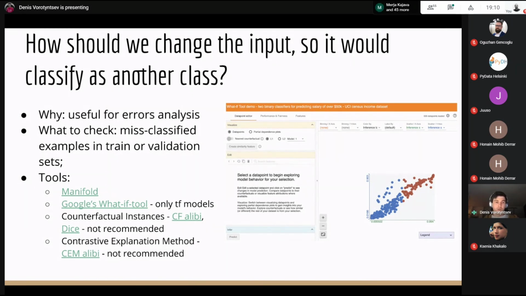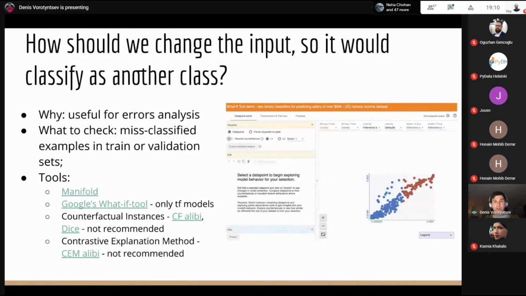Also, you may use variants of counterfactual instances. And this is actually a smart idea. So the idea of these counterfactual instances is the following. Those methods are only applicable for models for which you may calculate the gradient. Well, basically, it's neural networks.